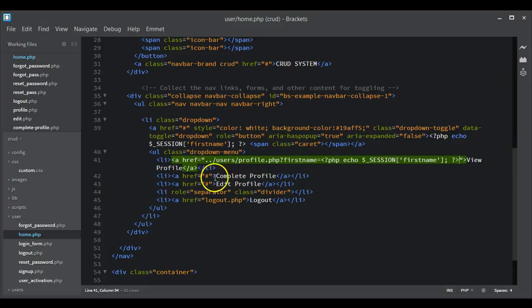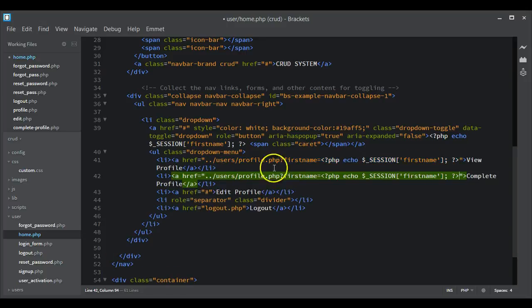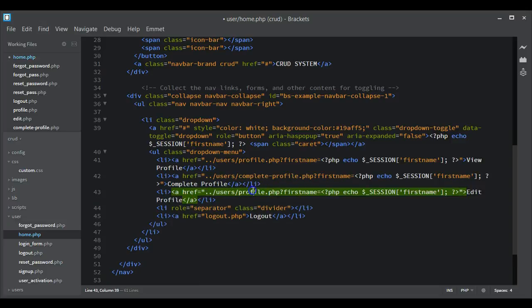So then for this, we do the same thing. We just copy this link that we have here. We're just going to change this to complete-profile. Same thing applies here. If we go to the edit, this is going to be